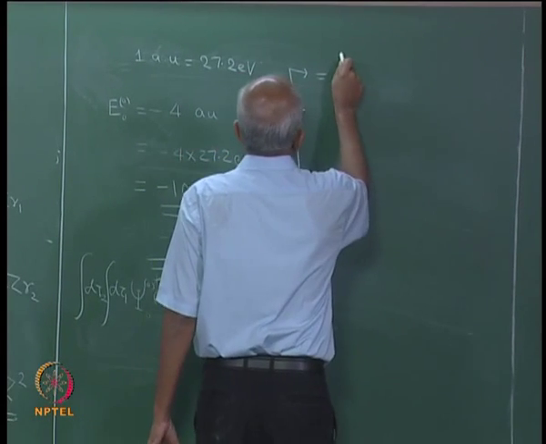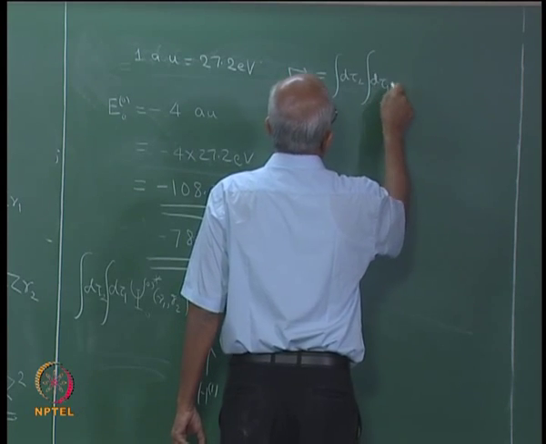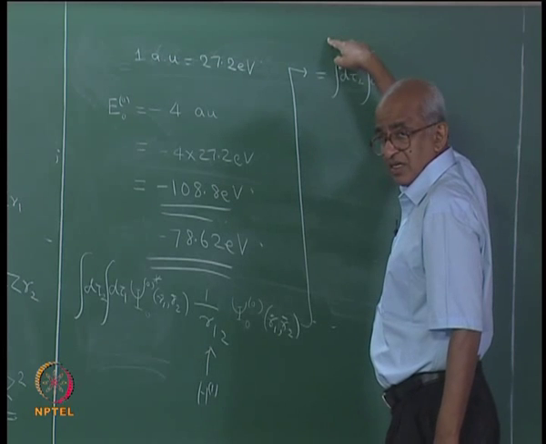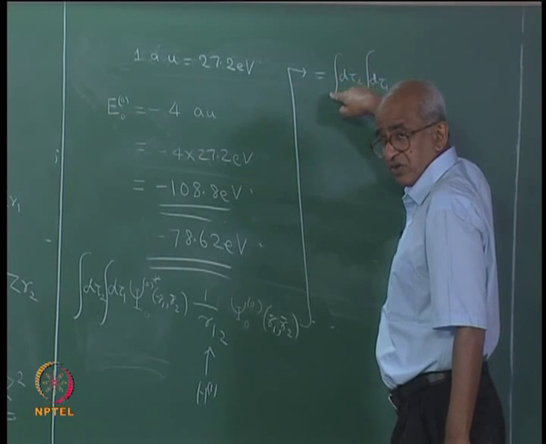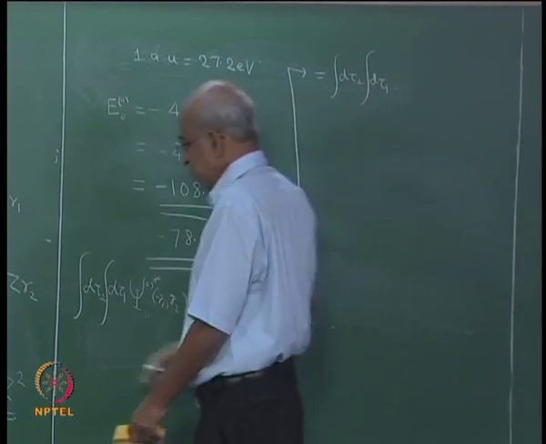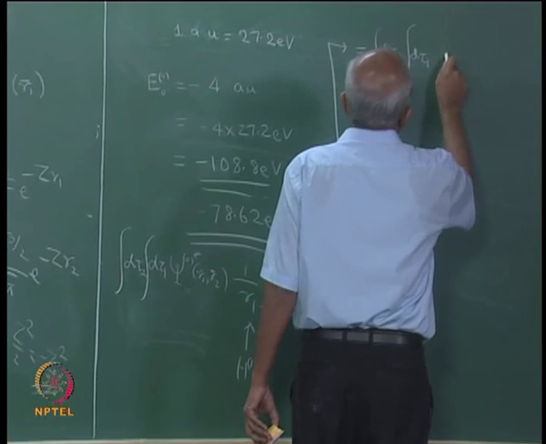If you did that, you are going to get the integral d tau 2 d tau 1. Remember this is integration over 6 variables in total because you have d tau 1 and d tau 2. And then what will happen, you put this wave function. So if you think about this, you are actually going to get the psi 1 as